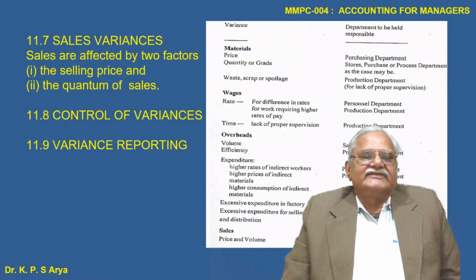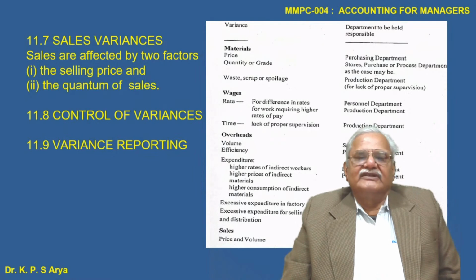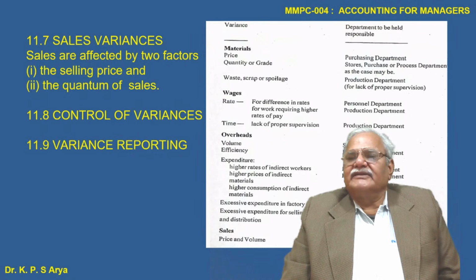Now the sales variance is affected by two factors: the selling price and the quantum of sales. Now the variances and the department to be held responsible: material price, quality grade, purchase department, store purchase and processing department, as the case may be; waste, scrap or spoilage, production department; wages rate,